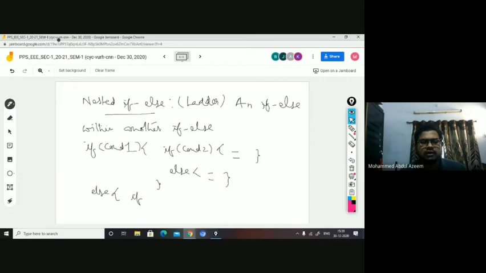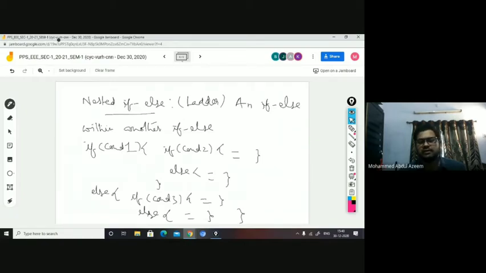In this else, I can have another if else here with, let us say, condition 3. I can have else for this particular if here, and then the termination of this else. So this way I can have it. Here in this syntax, you can see I have one outer if else. This is said to be the outer if else, right?